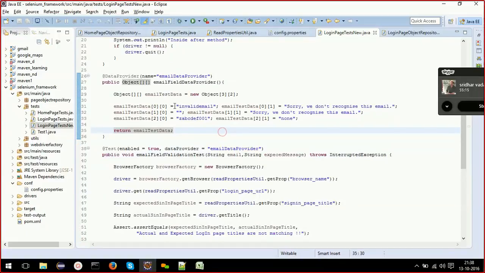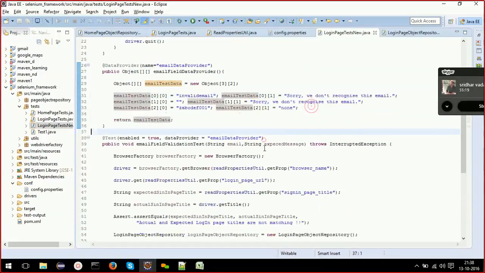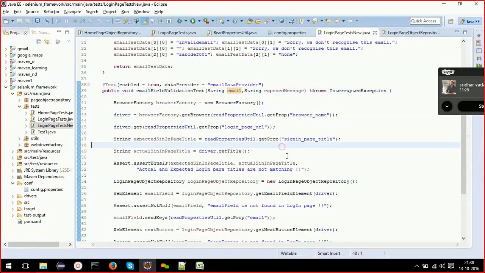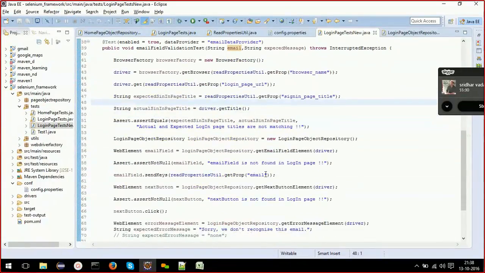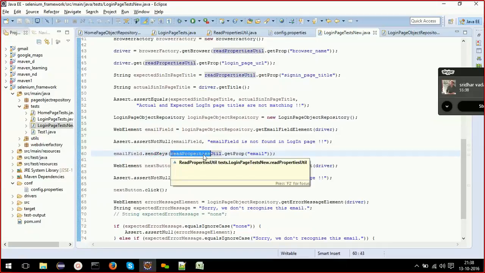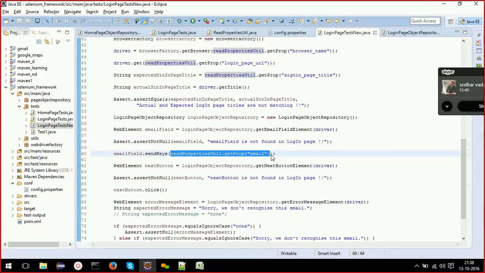So here I need to pass email and expected error message to my test case. I have added those 2 things. Now it's time to make use of them. If we go here, email field send keys, we are pulling this data from the properties file.